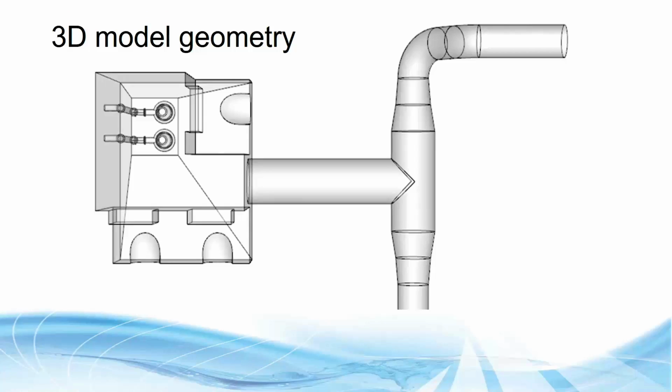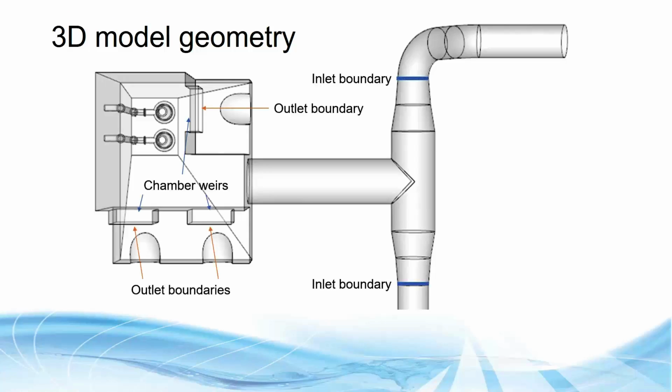These holes here are the weirs, and the model was set so that we have 2 inlet boundaries where the velocities within the pipes were set, and this is a T section I was talking about. The reason the boundaries are set on these 2 pipes away from the T section is because this would have the biggest impact on how flow entered the chamber itself, and then water builds up in the chamber and spills